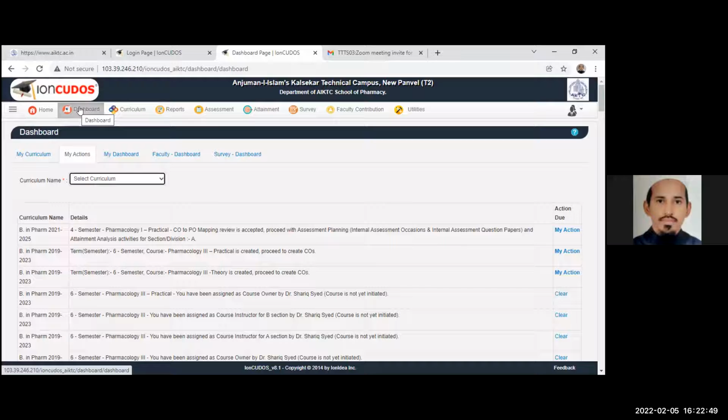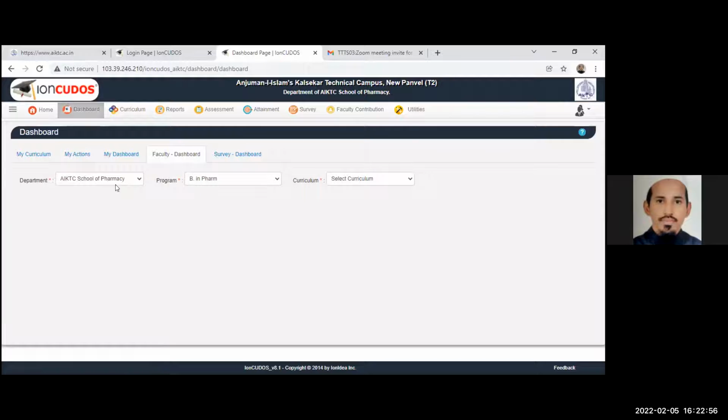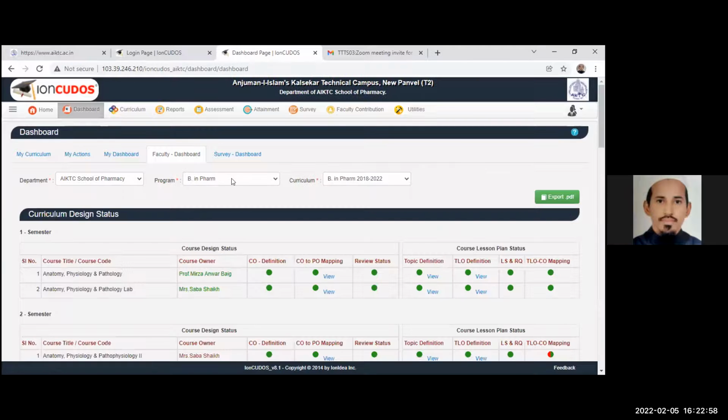Now see, sir, the first tab here is dashboard. Home and then dashboard. Now see the beauty: in dashboard, for example, if I click this faculty dashboard, the first tab is department, B form, and the batch is 1822. As in the morning, you might have seen this, we are now considering student batch wise, like 1822, 1920. This is your curriculum now, 1822. Now, B form 1822. So in one